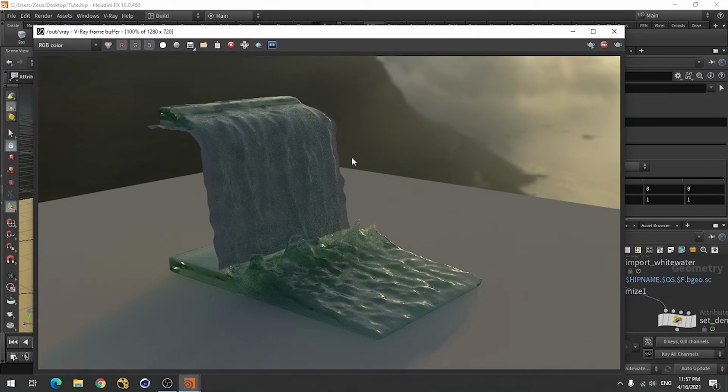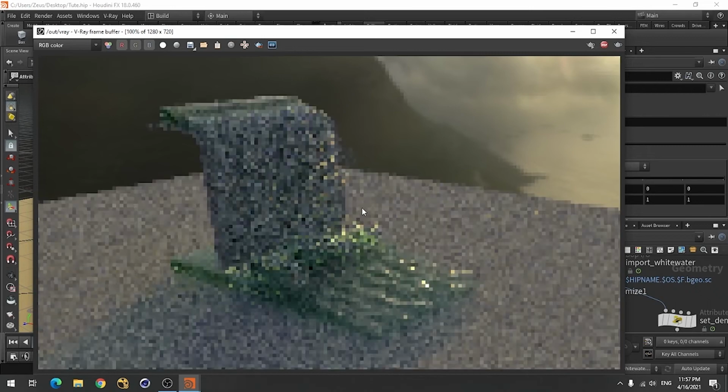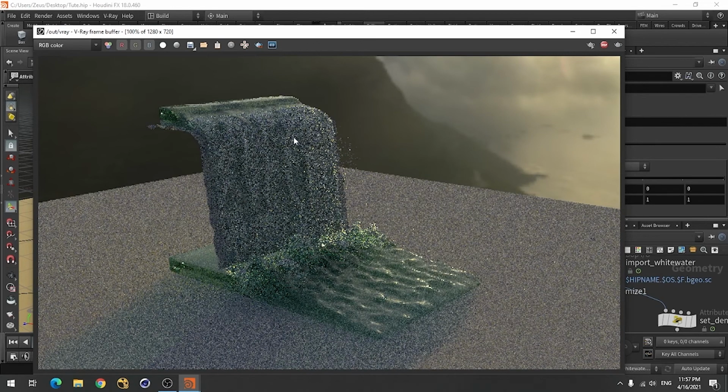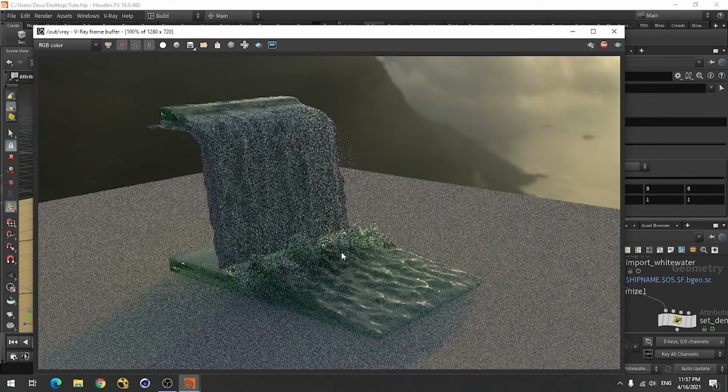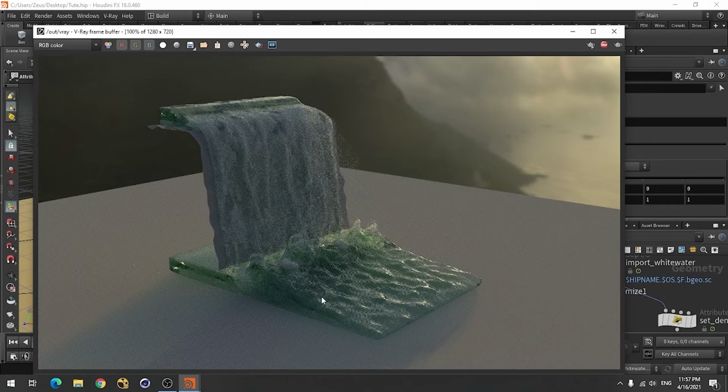It's there but it's not showing, so let's increase the value a little. Now you can see all these particle sizes. See, now it has